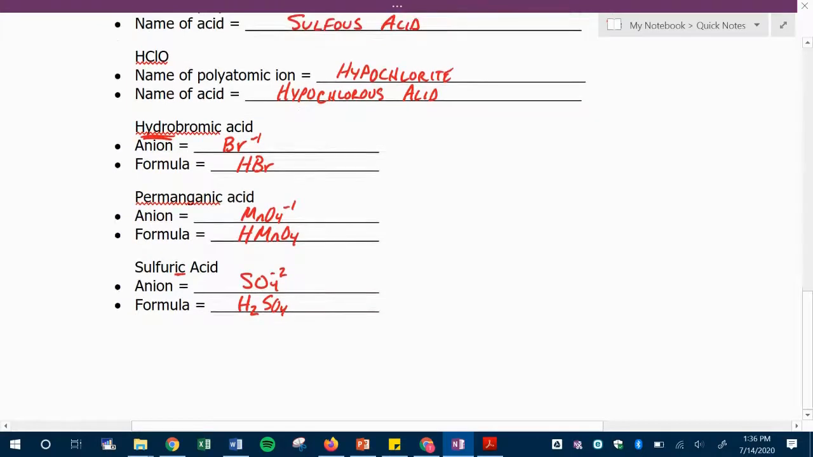All right, that's it for our notes for naming acids. Our next topic is actually just putting all of our naming together. So make sure you have a blank